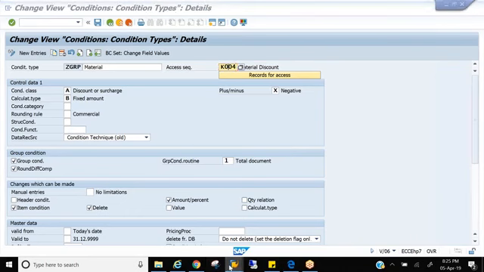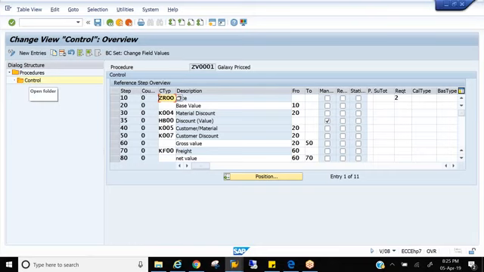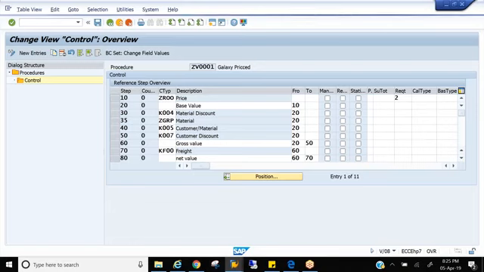So now let's go to this procedure and place ZGRP as the condition into the procedure. I'll replace this HB00 with ZGRP, and I want to calculate ZGRP on 20 and remove this, because whenever this price touches the value, then only we want to propose, right? So let's save it.